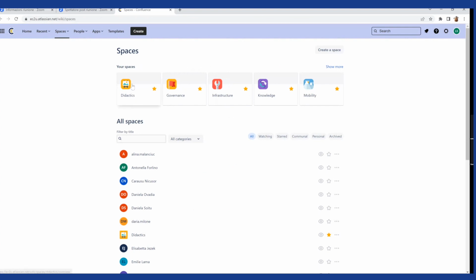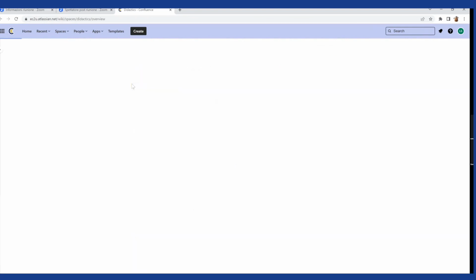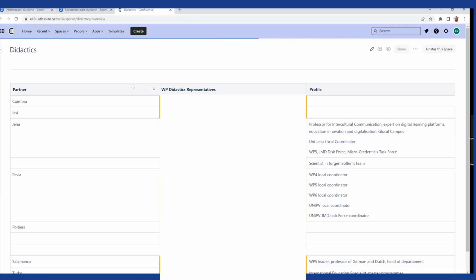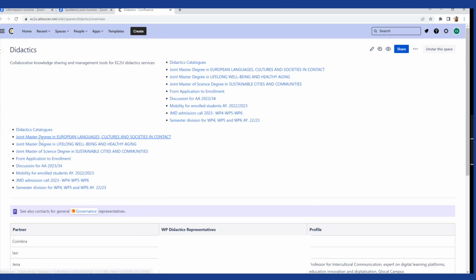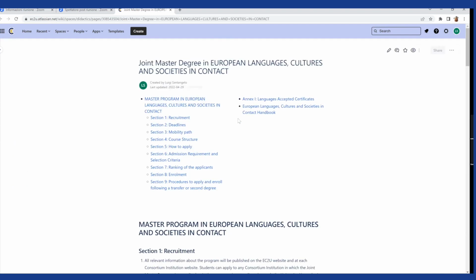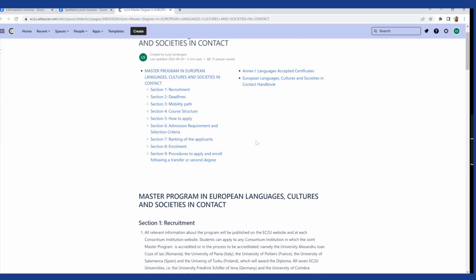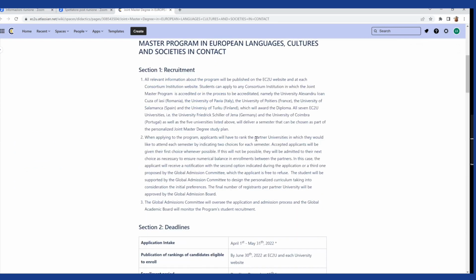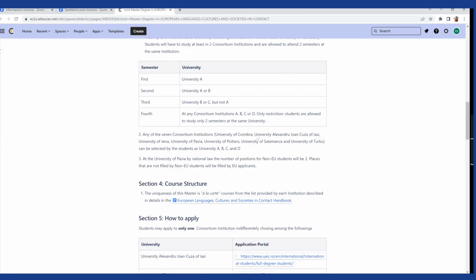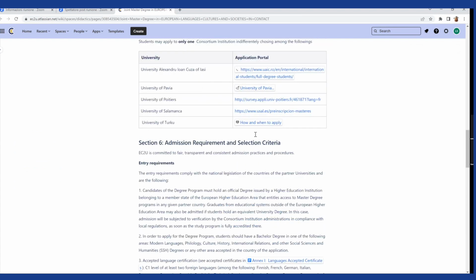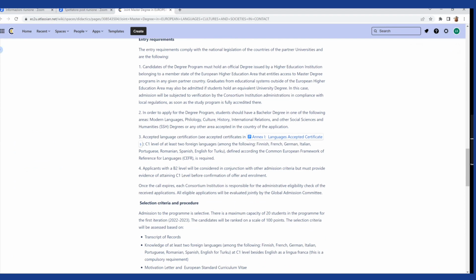By accessing collaborative knowledge sharing and management tools for EC2U didactic services, users can access course catalogs, joint master's degree programs, and application forms. For example, during the admission call for the joint master's degree in European languages, cultures, and societies, all the representatives of the universities in the Alliance could work together on the same document, using metalinks in